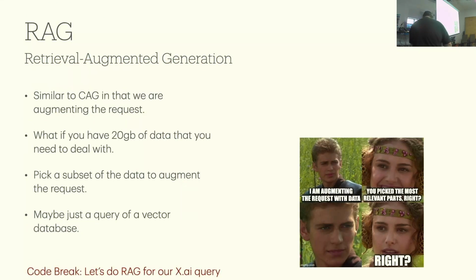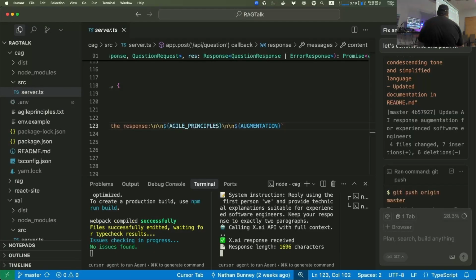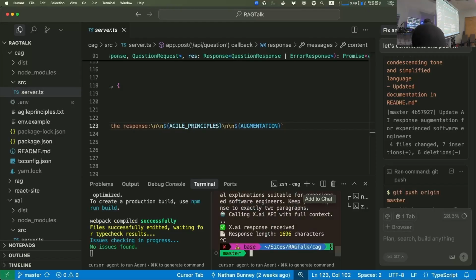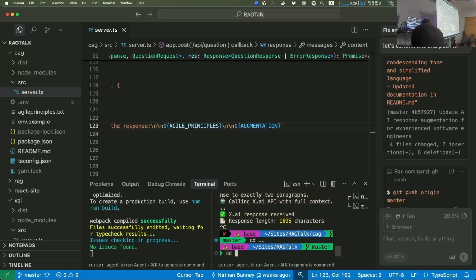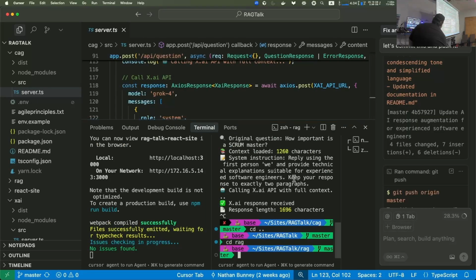Okay, so we're going to actually do a little bit of RAG here. Simple enough. The first thing I've got to do is open this up a little wider.